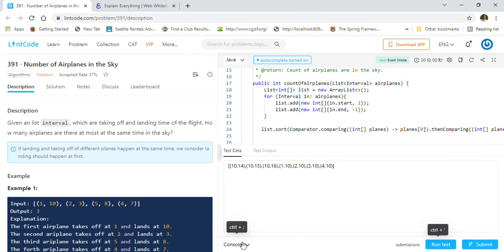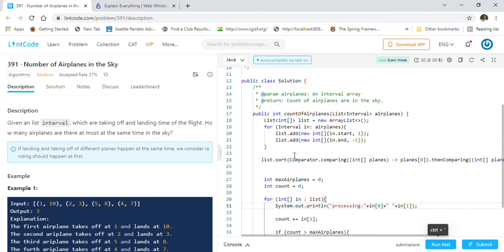So let's just go through a quick summary. We have defined a list of integer arrays here. We wanted to keep an integer array of size two, because we want to capture the first element as the takeoff or landing time, and the second element will be 1 or -1. If it is a takeoff we will give it 1, if it is landing we will give -1, right? That is why 1 and -1, because that is the way to count how many planes will be in the sky at the same time, right? 1 means we are adding, -1 means we are subtracting, because after the plane has landed we don't want to count it. That's why we are using the 1, -1 logic.